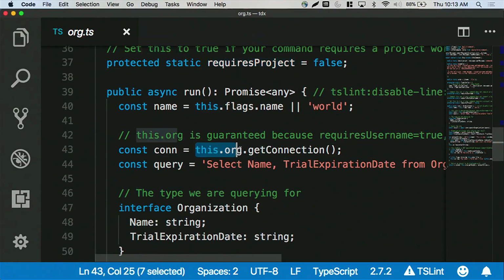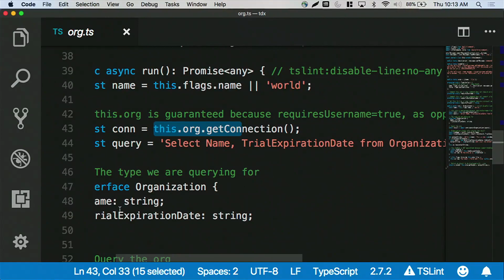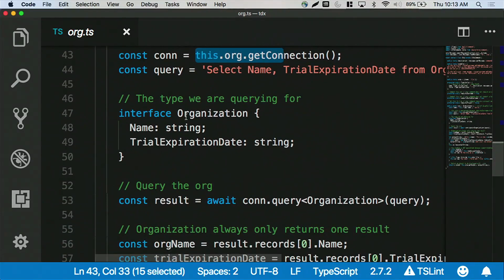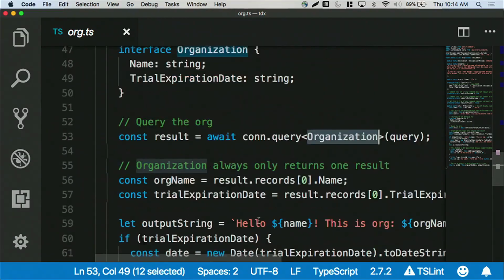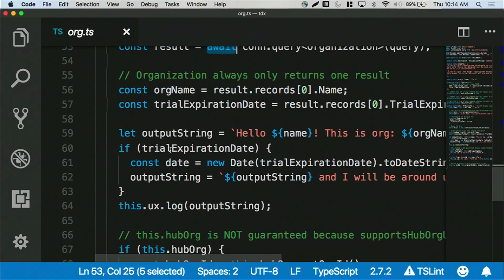So here we get the org, then we get the connection to the org, and then from here I can query. So we're going to do a basic query on organization. We're going to create a little TypeScript structure for us so that we know what properties we're going to have. We're going to use that to cast our query results. And then this runs a query, we're going to wait for it to come back, and then we can get all the properties, and then we're going